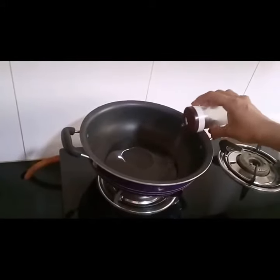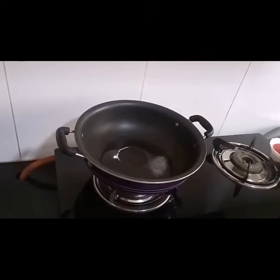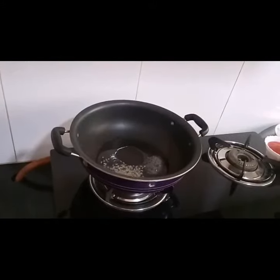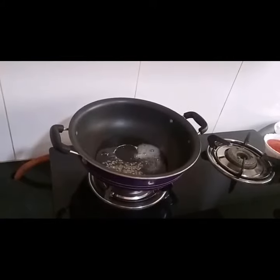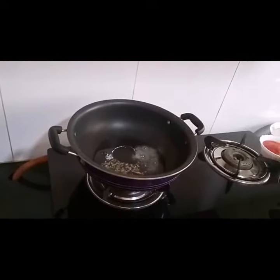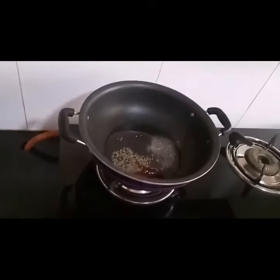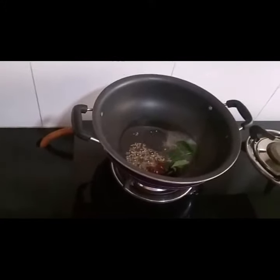In a kadai, add oil, and once the oil is heated, add the mustard seeds and then the cumin seeds, and then add a little LG powder or hing or asafoetida, and then a whole red chili split, and then add the curry leaf,